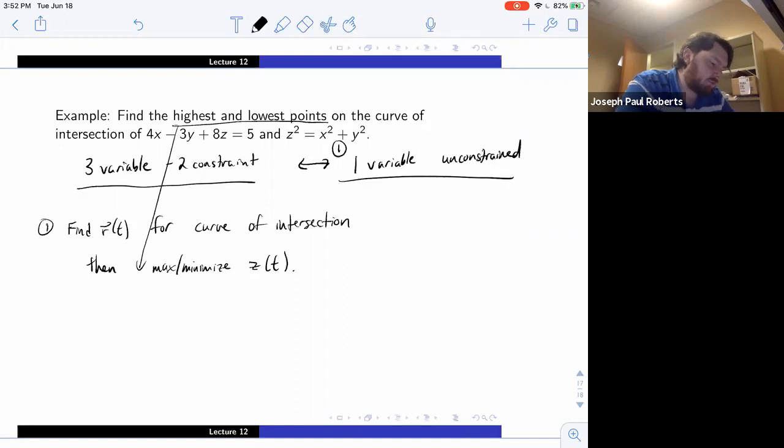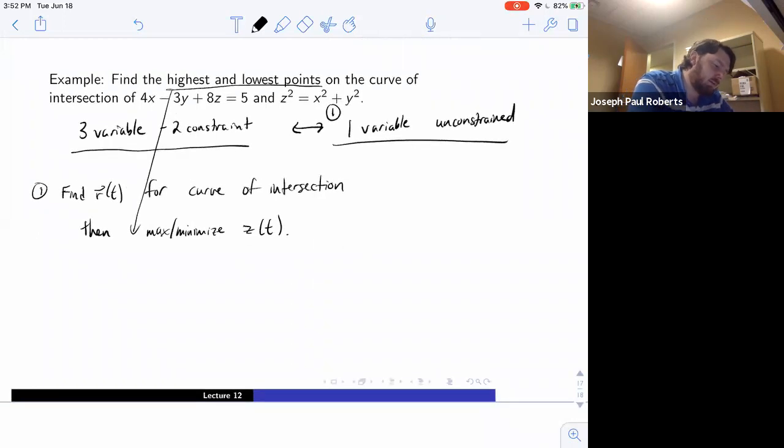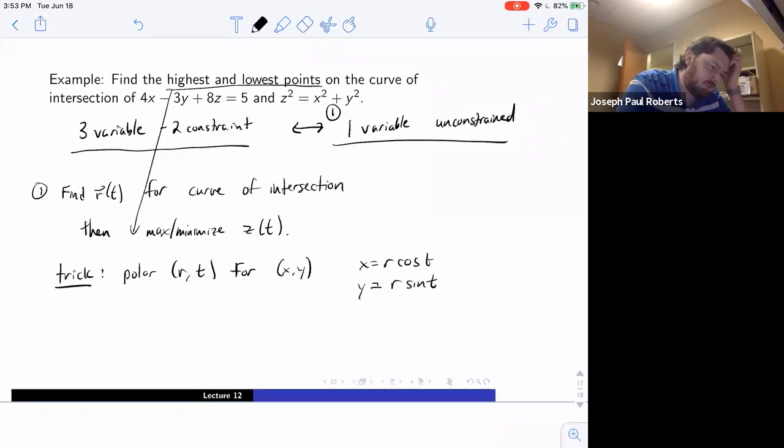If we do this trick where we use polar coordinates, r and t, for x and y, so if I say x is r cosine t, y is r sine t,